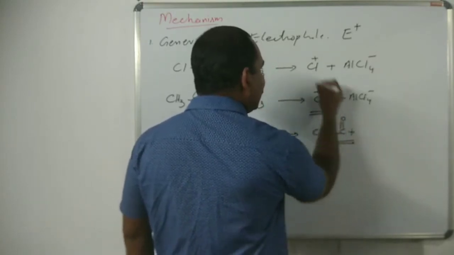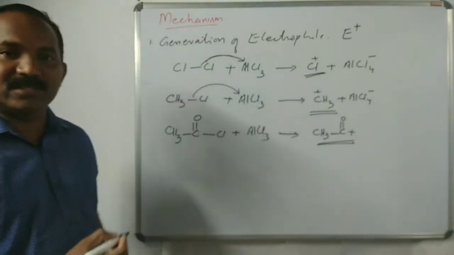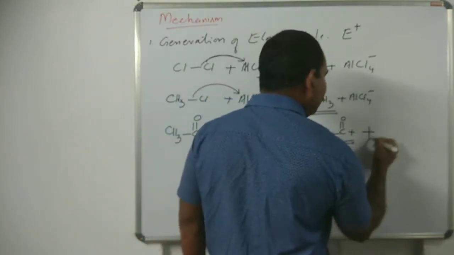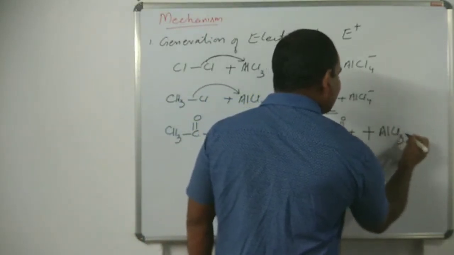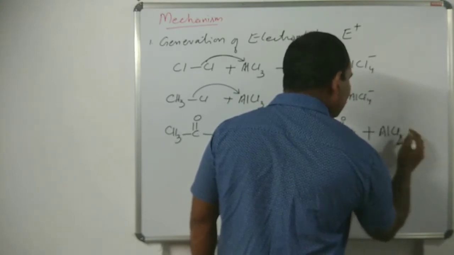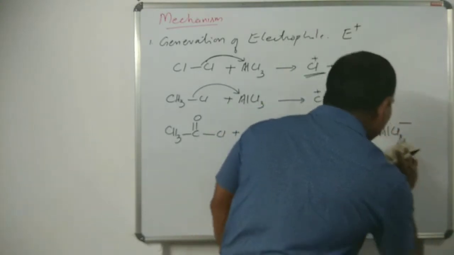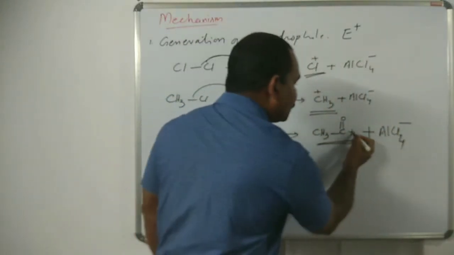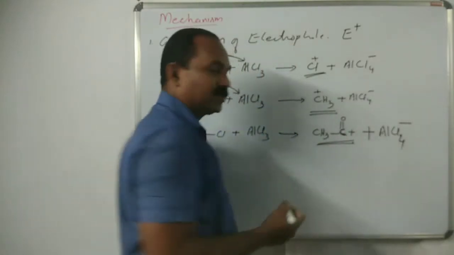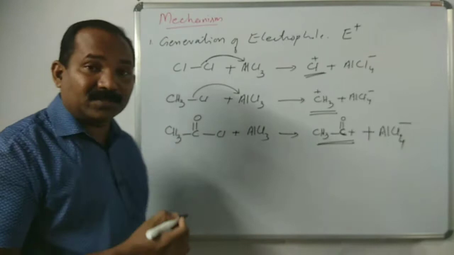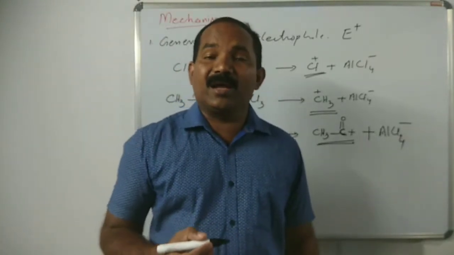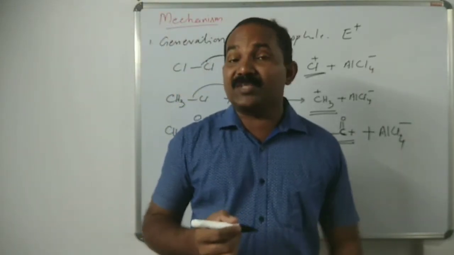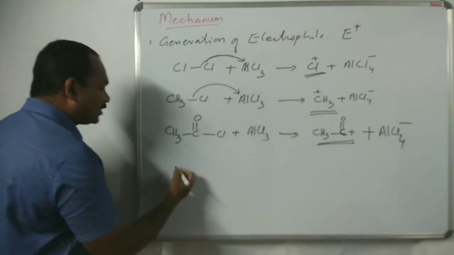So the electrophiles are Cl plus, CH3 plus, CH3C double bond O plus, and AlCl4 minus. So this plus is for this carbon atom, the carbocation, electrophile. And in the case of nitration, we take concentrated nitric acid and sulfuric acid. It takes place in 2 steps. The first step is